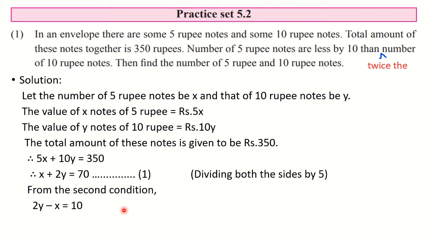And then what we can observe here is, see, here the sequence of variables is x and y. And here it is opposite. Okay, so we have to write it in the standard form, that is x plus by is equal to c. So let us rearrange the terms. And while rearranging, we have to take care of signs. So this equation I can write as minus x plus 2y is equal to 10. This is my equation number 2. Okay. In this way, we have completed the equations. We have found out the equations.